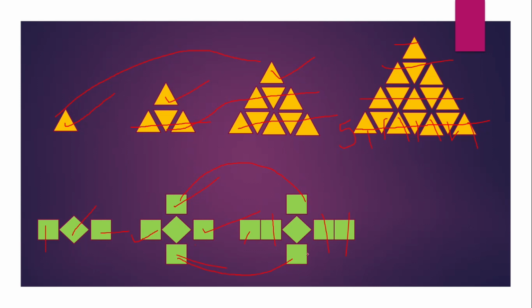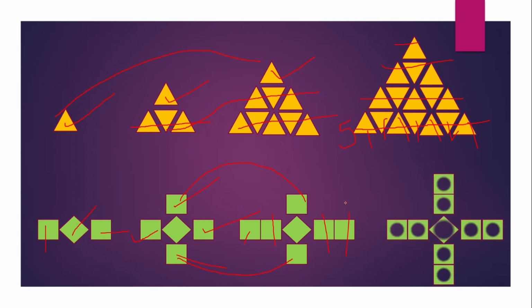So what do we observe in the next one? Where will we add 1 square? Yes, 2 squares you can find here on the left and on the right, but we added 1 square here at the top and 1 square at the bottom.